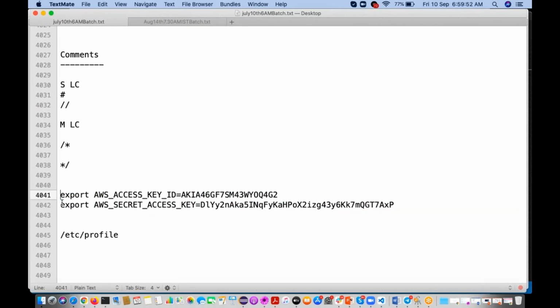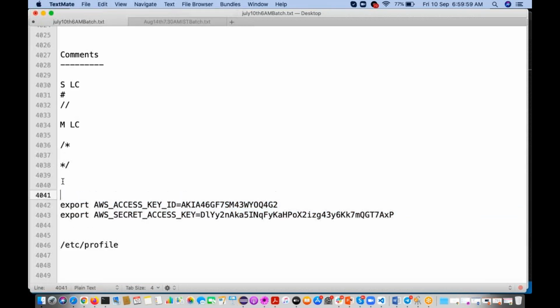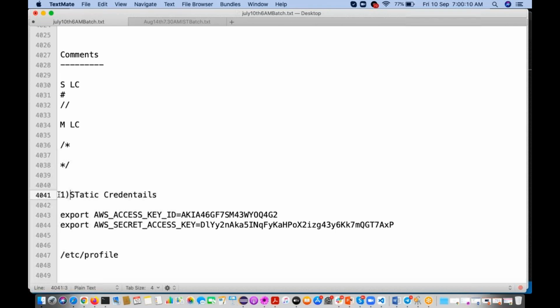Clear? So instead of this one, we have other ways also we can do it. The first way is static credentials, where we are keeping the variables in the file.